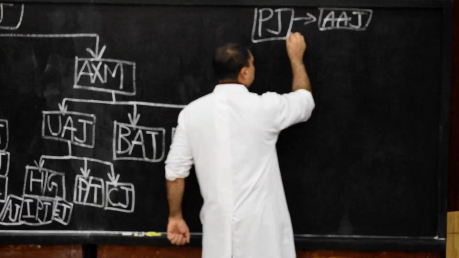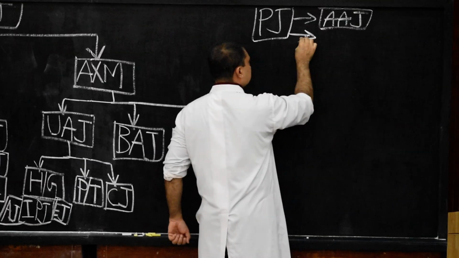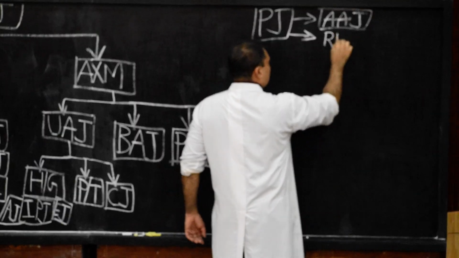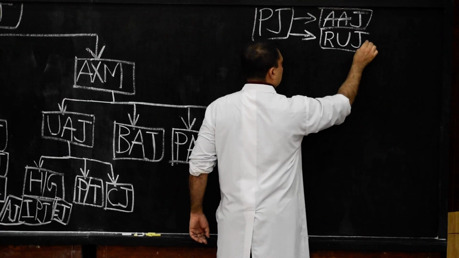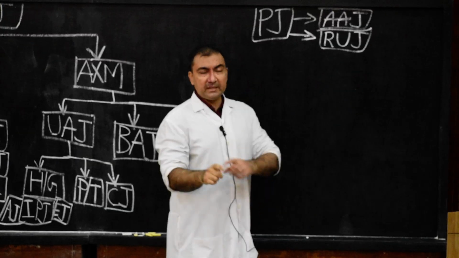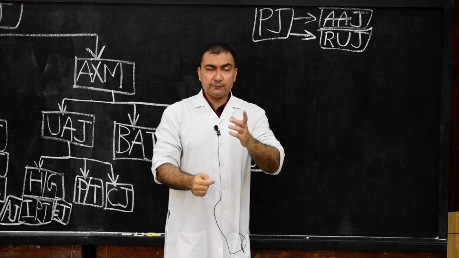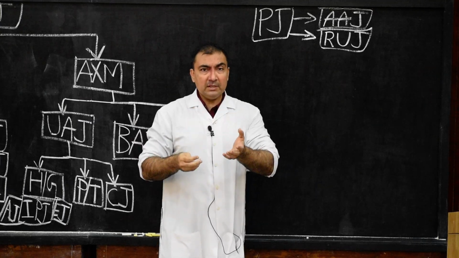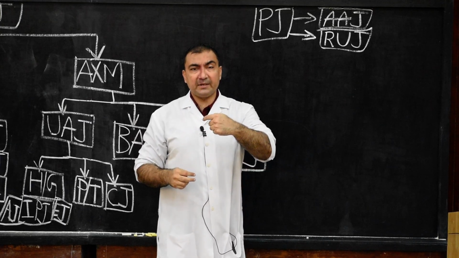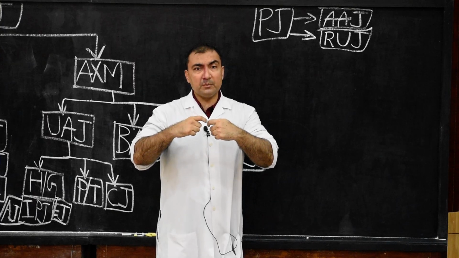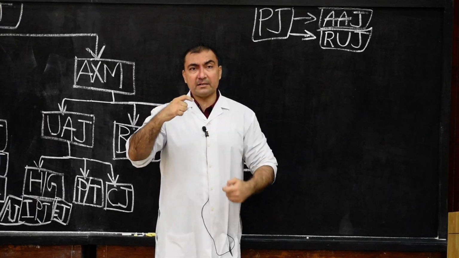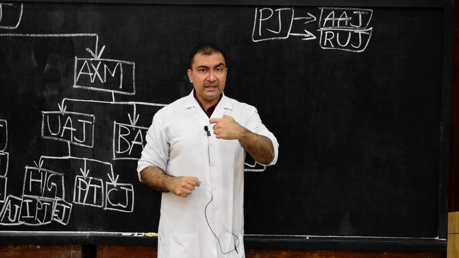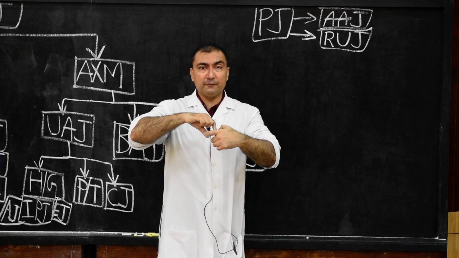Second example of pivot or trochoid, in which the mechanism will be reversed, is the radio-ulnar joint. Here, the pivot which is formed by the head of radius will rotate. It will not remain stable, it will rotate around a fixed osteoligamentous ring. And which is that ring? The ring which is formed by annular ligament of ulna and ulna itself. That ring will remain stable, but the pivot which is formed by the head of the radius will rotate in